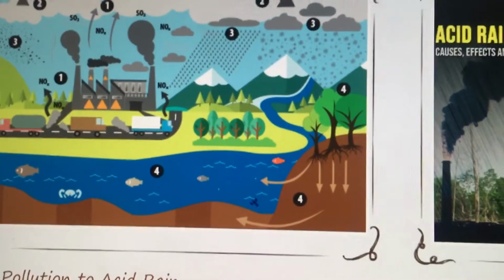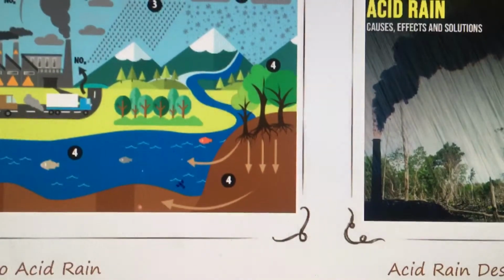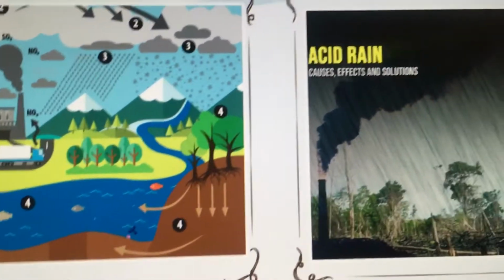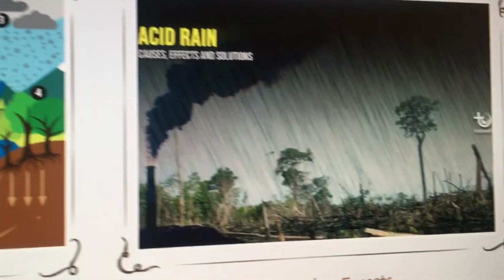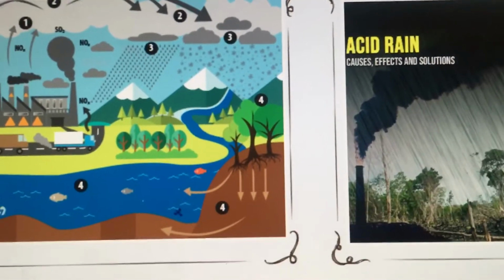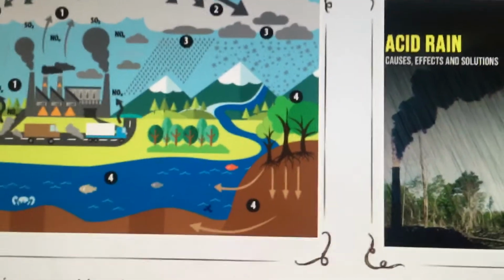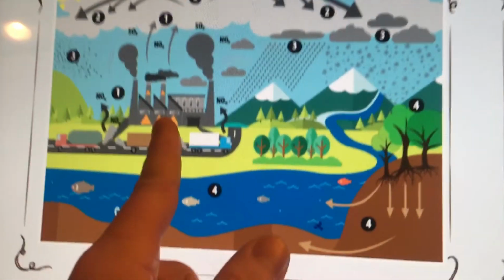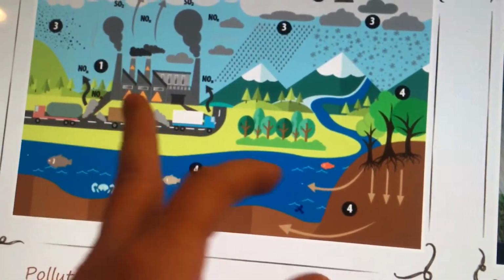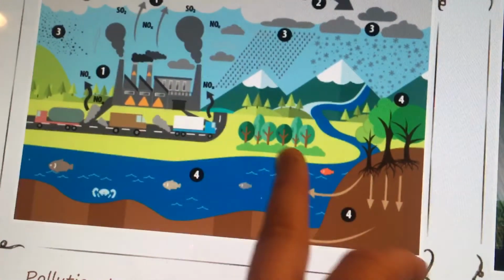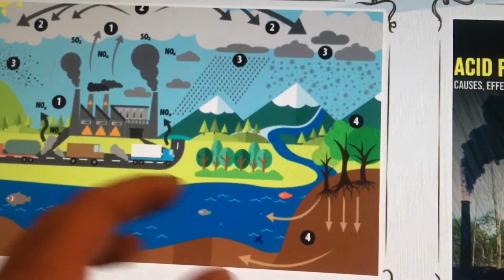And the reason we learn about this stuff is so that you guys can know that there are things that we can do to help protect the environment and to do things differently to keep it safe for future generations. Like when we talked about different types of fuel, this factory doesn't need to be coal. You could have wind power, you could have thermal energy, you could have hydropower.